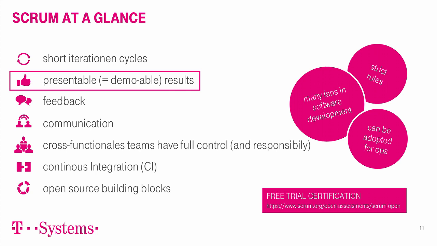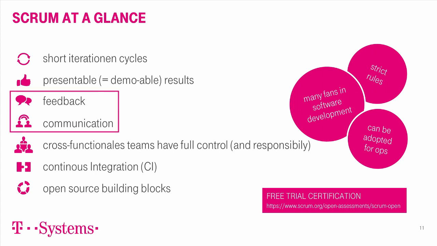So you are able to show off your work in front of your co-workers and discuss with them and demo the new result. This obviously involves a lot of feedback and communication with several stakeholders, and this is a complex task which is described in detail